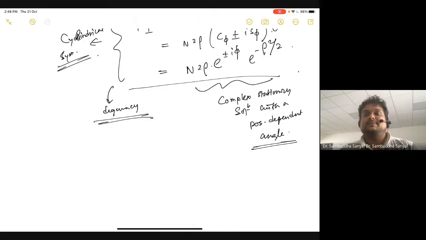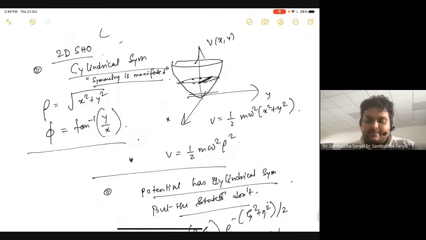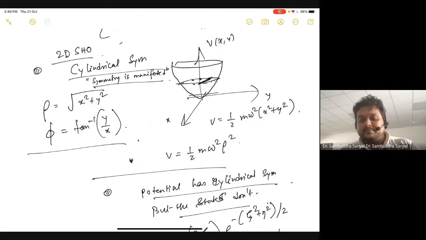And because of this picture, here I will try to motivate you a little physically about where angular momentum enters in this picture. Later you will learn it much more formally and rigorously, why this problem has an angular momentum and why angular momentum is a conserved quantity, etc. But let's try to intuitively build this picture. You have a two-dimensional harmonic oscillator, and now because of some variable transformation to manifest the symmetry, I landed on a picture of a particle where the coordinate...